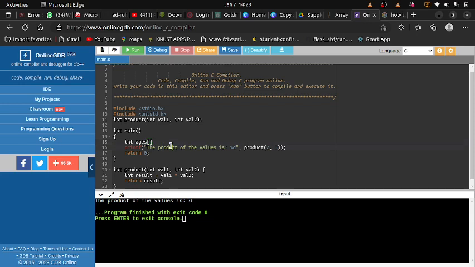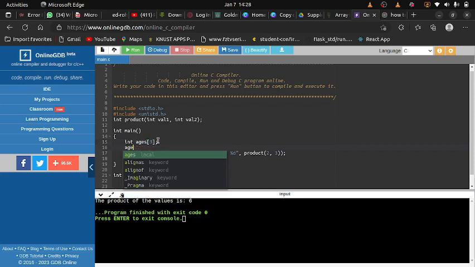In that case, the size can be changed, right? It's not constant. It increases based on the kind of data that we put in, right? But let's say we have 3 people, so I say 3. I've declared the array. Now I can put the 3 people's ages inside this particular array by saying that it should be